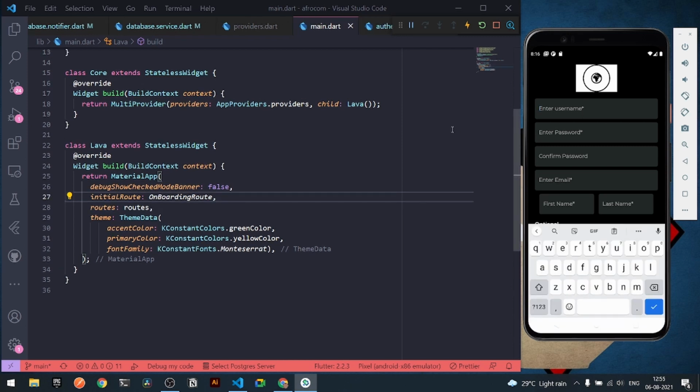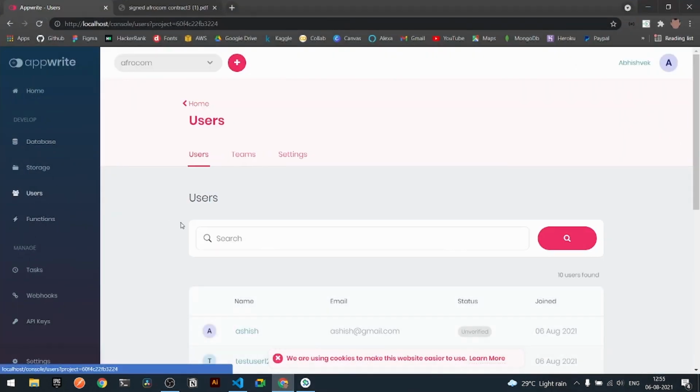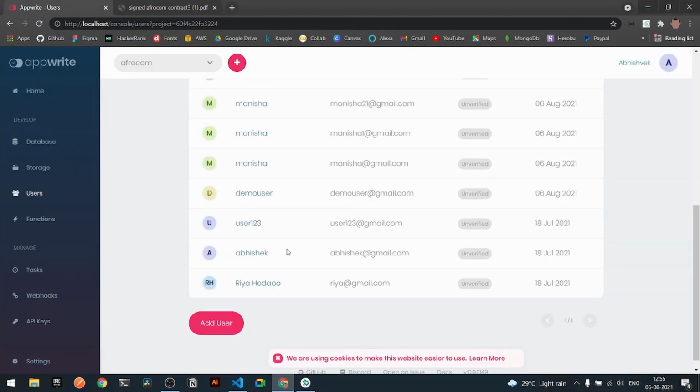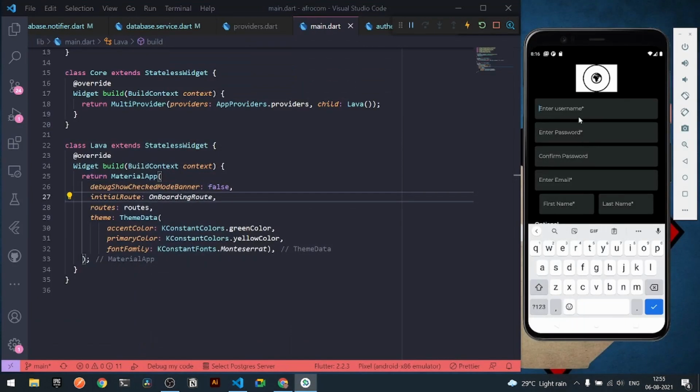Now let's try to create a new account. For that purpose, I will be adding a new user here. If I check my app and under my users, you can see I have a bunch of users. So let's try to create a new user. I will be adding a new username, let's say Anurag, which is kind of an Indian name. So the username is Anurag, and the password is Anurag password, and also let's confirm it with Anurag password itself.